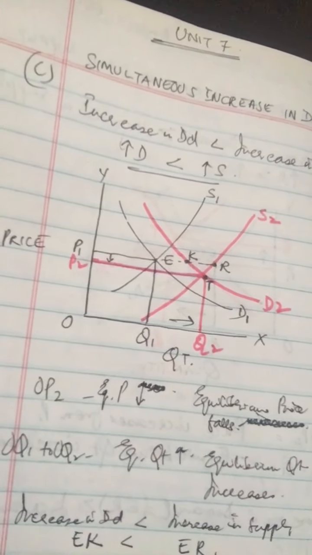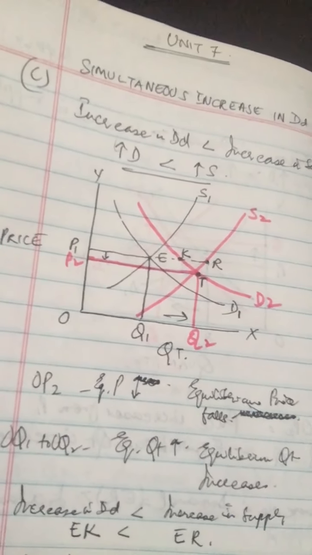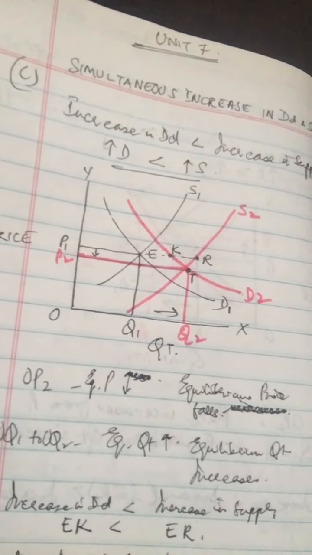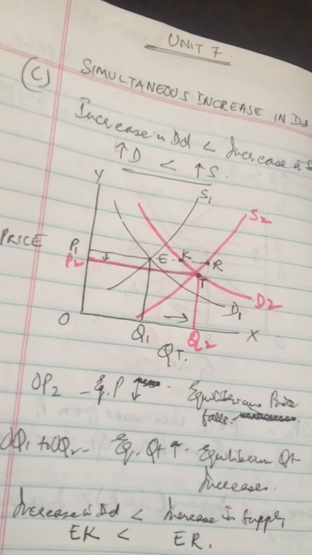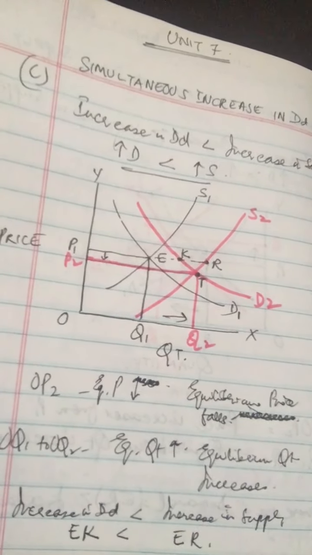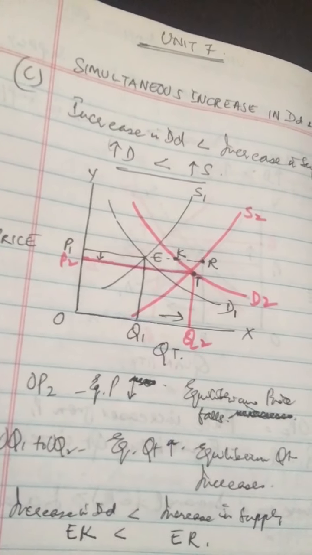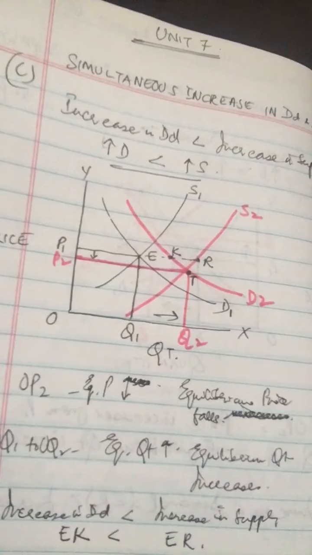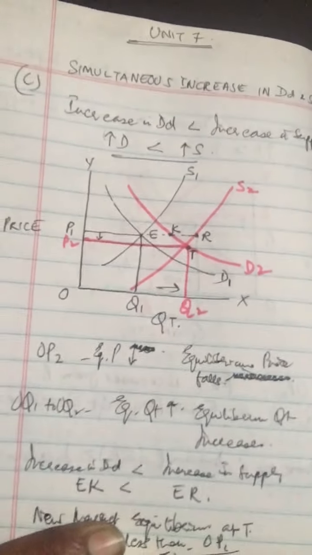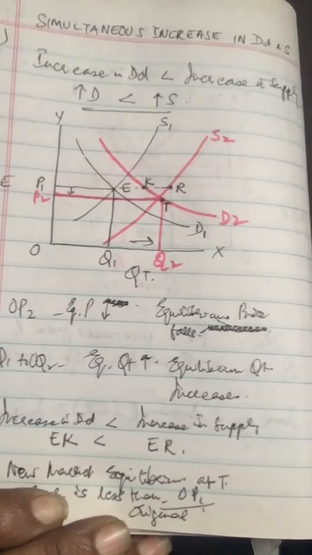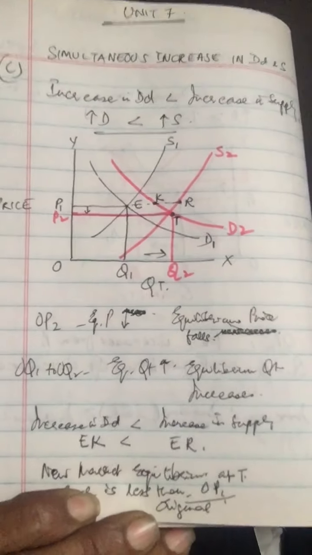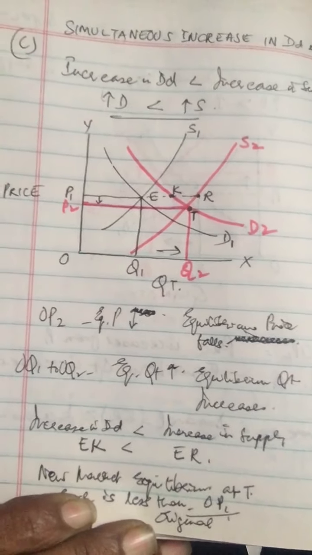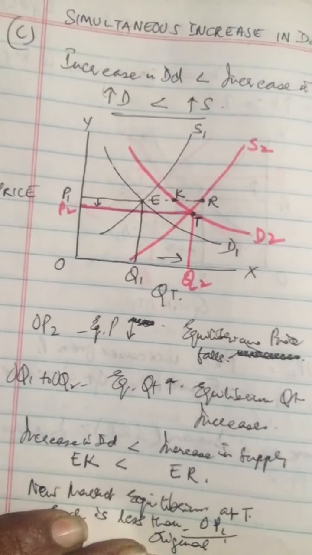Demand extends from point K towards point T. Supply contracts from point R towards point T. Now, market equilibrium is struck at point T. Here, demand is equal to supply is equal to OQ2. If you can see that, just as I'm reading out, you just make a note of where the points lie.